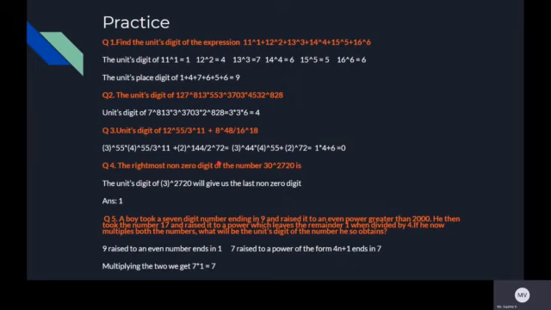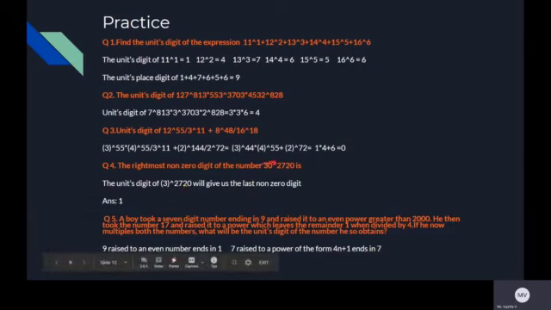You need to find the rightmost non-zero digit of the number. How will you get the rightmost non-zero digit of the number? Just take the 3. 10 raised to 2720 we don't want, because it will be all full of zeros. That we don't want. We want the non-zero part. So that will be given to us by 3 raised to 2720. Units digit of 3 raised to 2720 will give us the last non-zero digit. So now it has been reduced to a normal question. Find out 2720. 2720 is a multiple of 4. Okay. So what will be the last digit? It will be 1. So your answer is 1.